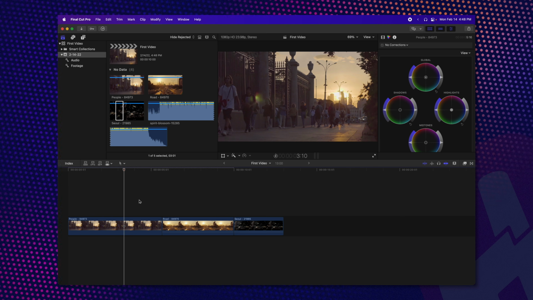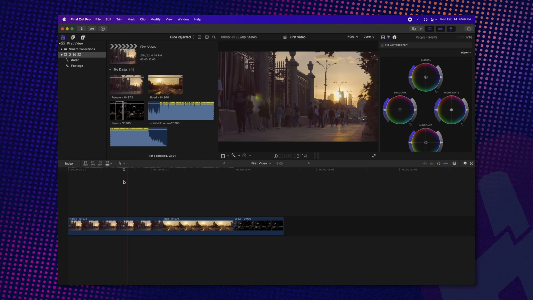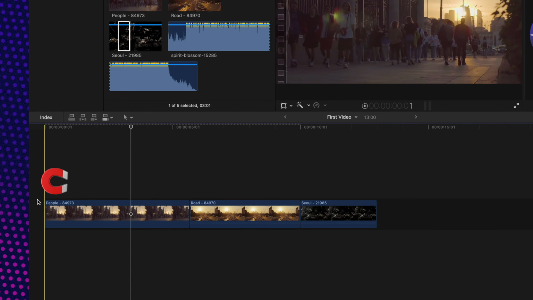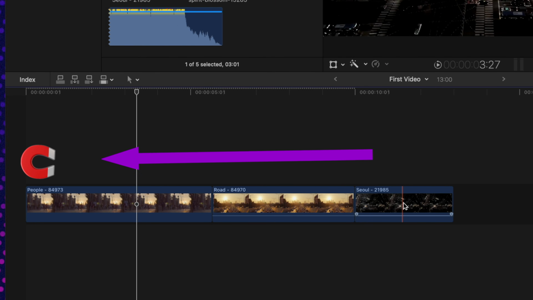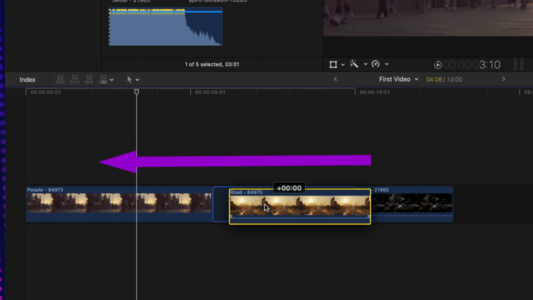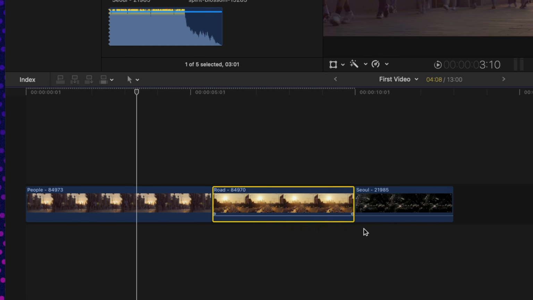edit happening. Now, this is where I'm going to showcase the magnetic timeline. The magnetic timeline is called the magnetic timeline because the left side is essentially magnetized. All your footage is going to constantly be pushing to the left-hand side, as you can see here. So if I drag this way over here, it's just going to keep pushing it to the left. If I pull this clip out and place it on the right side, you can see how everything just keeps